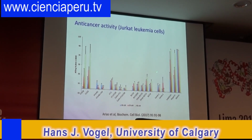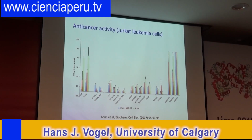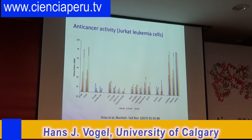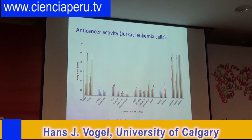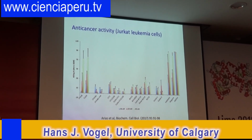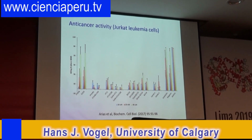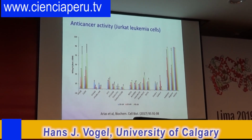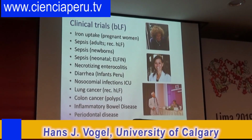And you might take a look at it and say, "Whoa, look at that one, that is always active." Well, that's melittin, that's a peptide from bee venom. That's the most cytotoxic peptide on the planet. You put it on red blood cells, they explode. You put it on white blood cells, they explode. So this is completely cytotoxic. And so you should never just look at these activities, but you should look at the